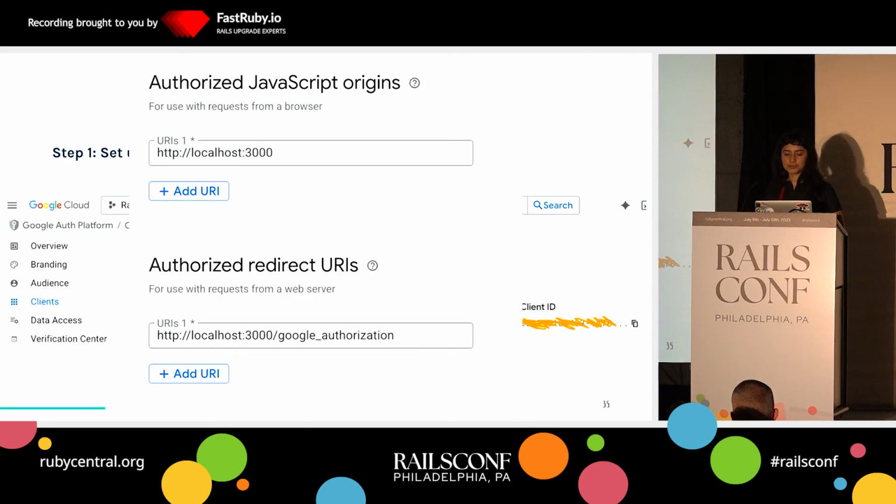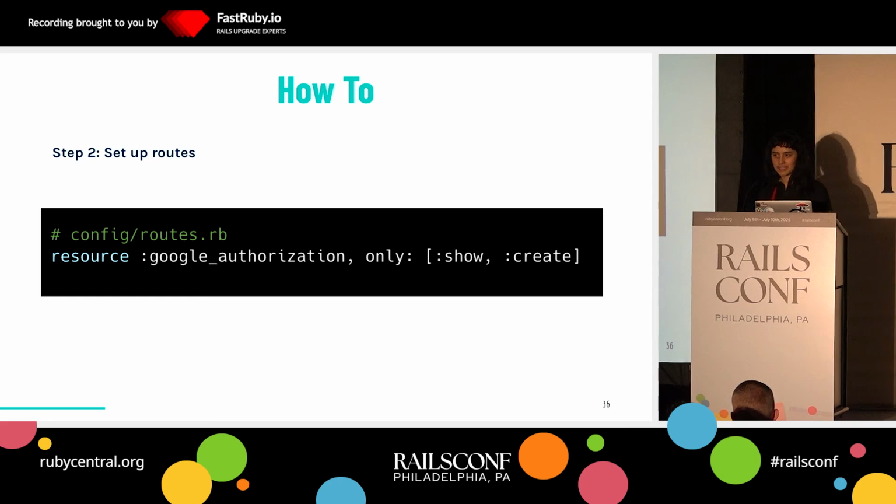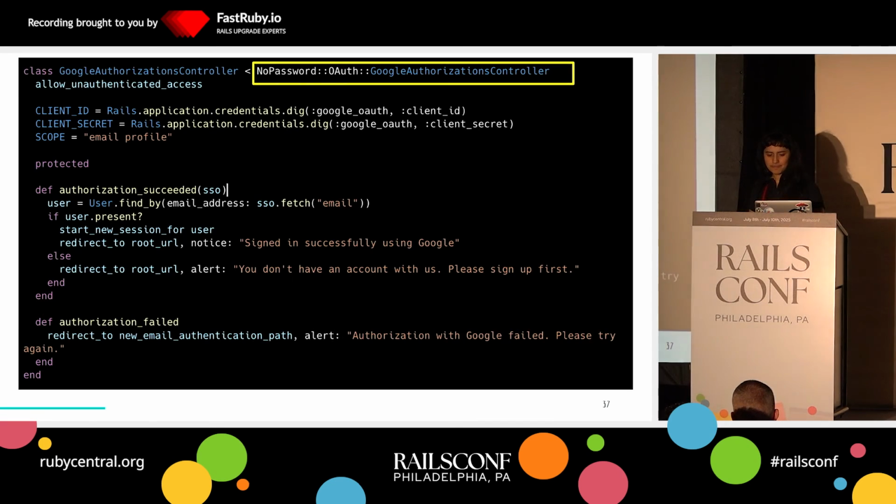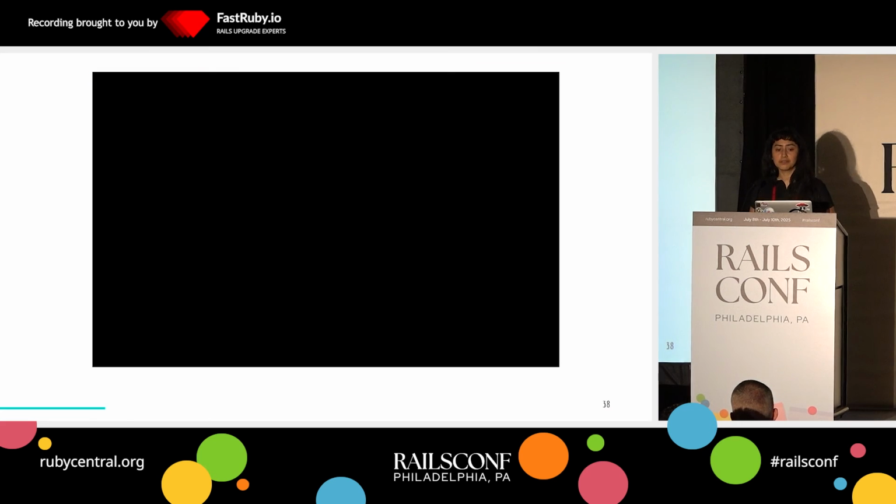And then you have to set up your routes. I did it with localhost for developing this demo app. You have to set up the redirect URL, and then you have to make sure that is the same route you are actually implementing in your app. So that's the second step: you set up your routes. And the third step is to create a controller. This is in the documentation of the gem. I literally just copied and pasted it. Did really little override on this. And yeah, you get a working